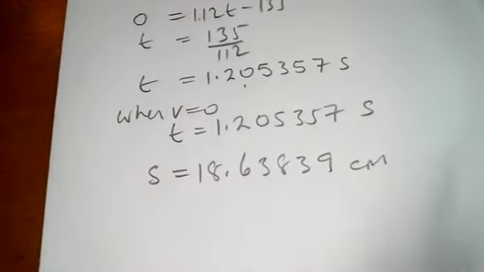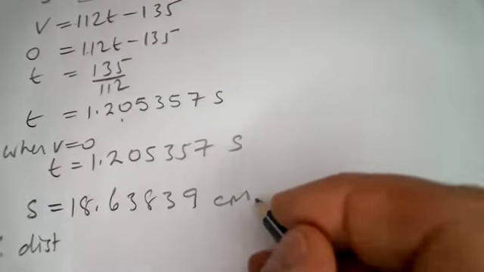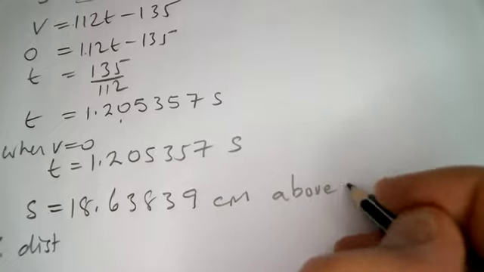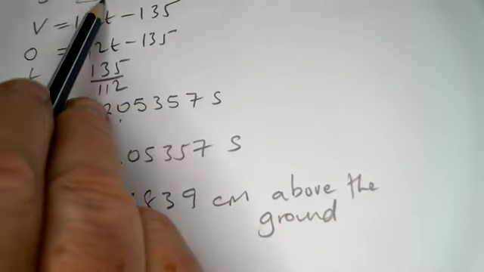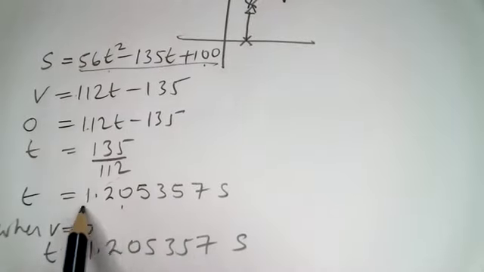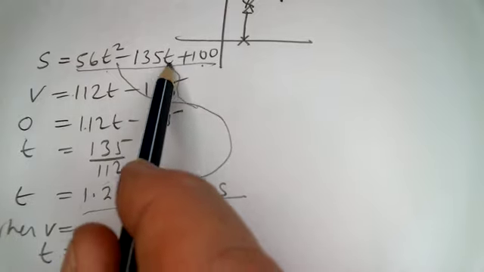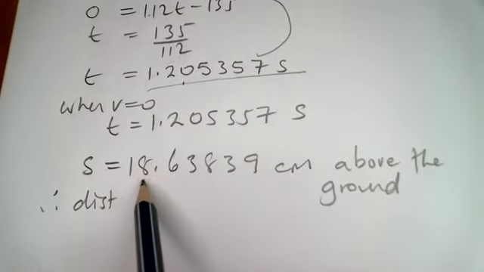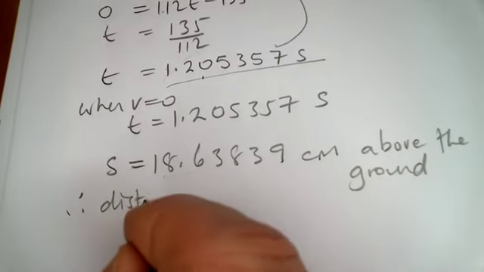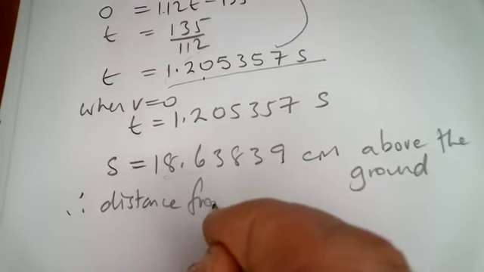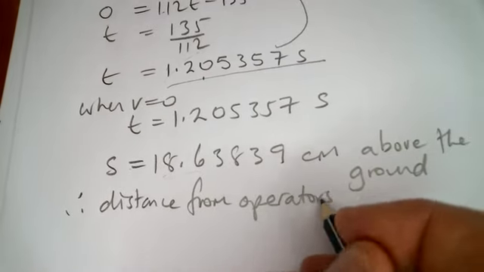I didn't write the formula in there, but you know what I did: I took the number and placed it into this equation, and I ended up with 18 point whatever. So I'll put distance, centimetres above the ground, and distance from the yo-yo operator's hand,